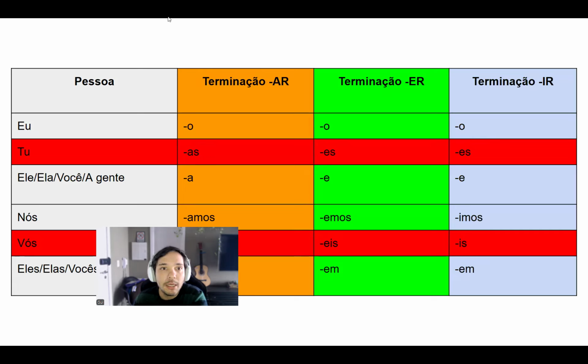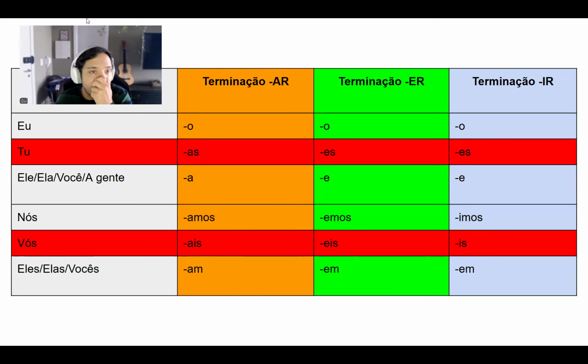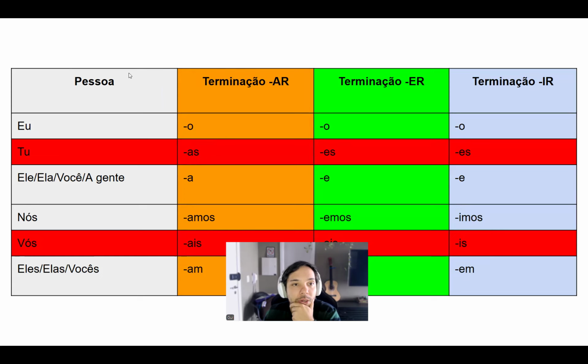Here. So when we talk about a conjugation of verbs in Portuguese, the first thing you need to understand is we're going to have a group of personal pronouns, and we're going to have three groups of verbs, the ending of the verbs. These are about regular verbs. Irregular verbs you need to memorize, okay? But the regular verbs, if you understand the patterns here, you don't need to memorize all of the verbs. You need to memorize the ending of the verb, get used to that.